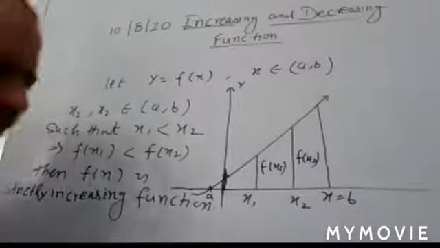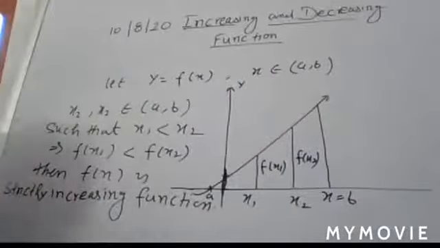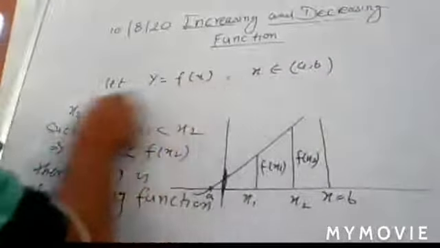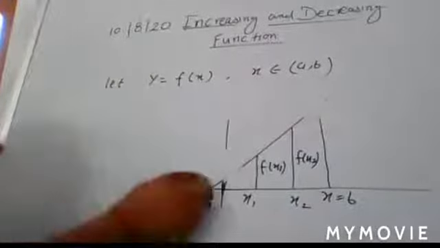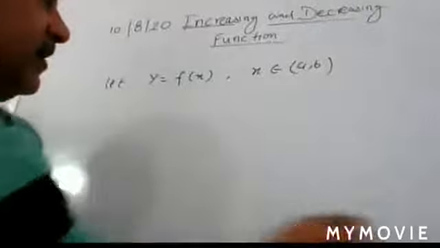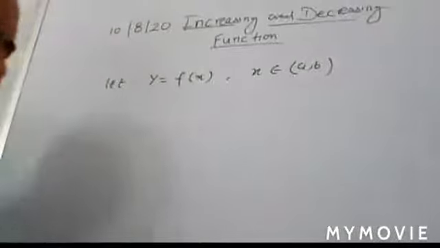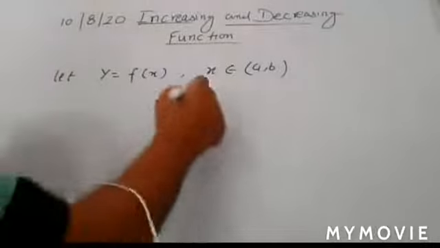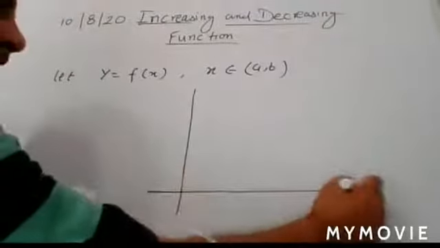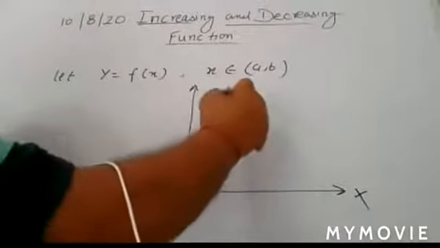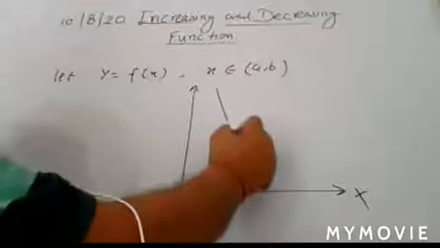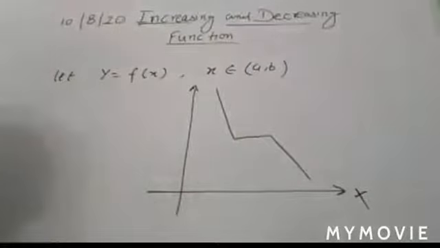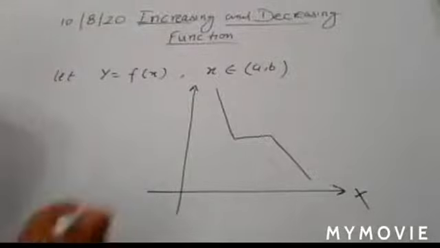Here you have the condition for strictly increasing and strictly decreasing function. Now you come to decreasing function. So all that are its primary definition. If you're talking about decreasing function, just see the graph of that. Suppose here you have x-axis and y-axis, and just make the graph like that. So that is your decreasing function.